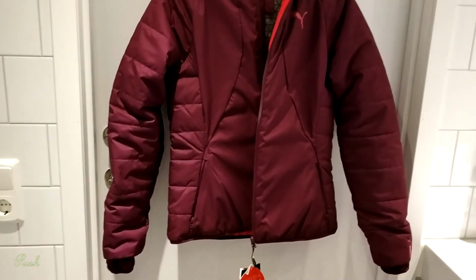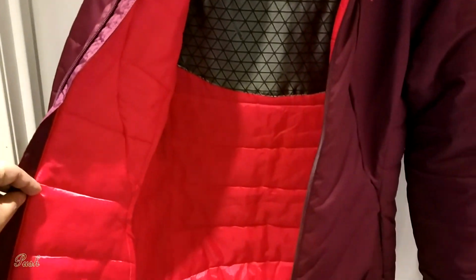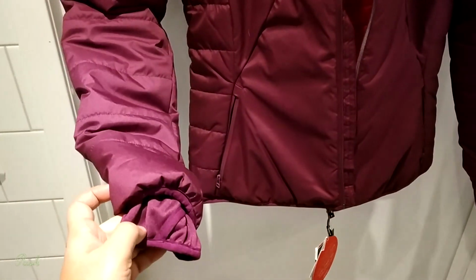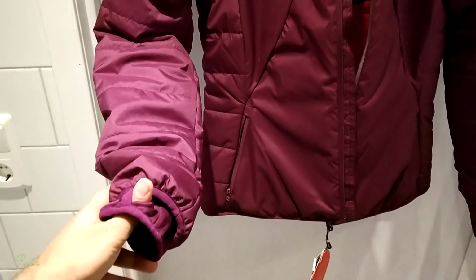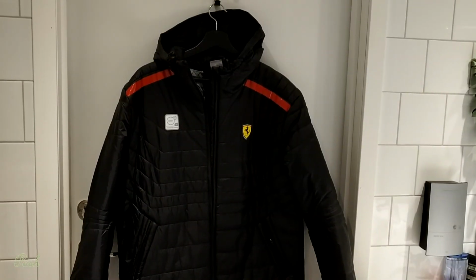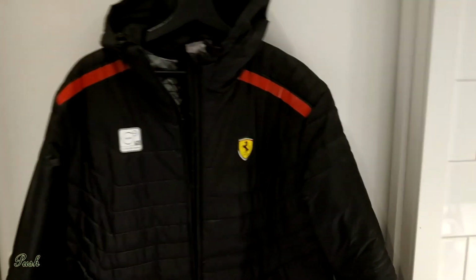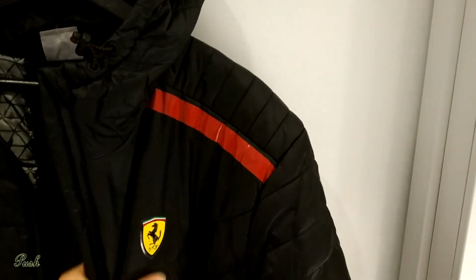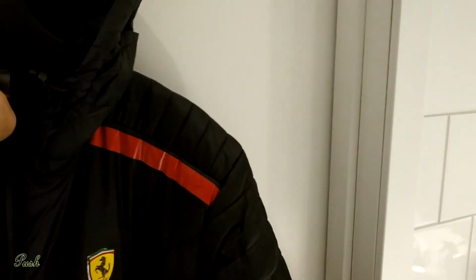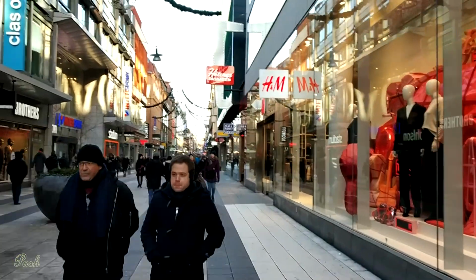This jacket is for my wife. This cost me 845 SEK. This is my jacket, guys, with Ferrari logo on it. Very lightweight. 940 SEK. This is